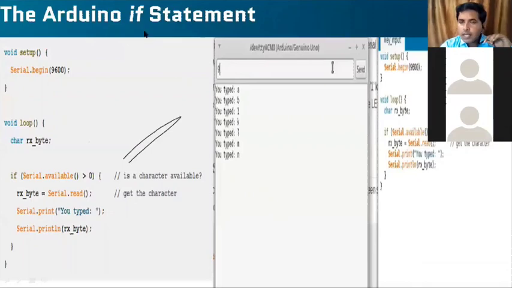So this is an if statement. How do I use it? If Serial.available, if my typed value is greater than 0, that will be stored and displayed. So the if condition has to be satisfied. All values are above 0. If this condition is not satisfied, then it won't display. For that reason, I have written the if statement. In this way, I have to write an if in the Arduino IDE.